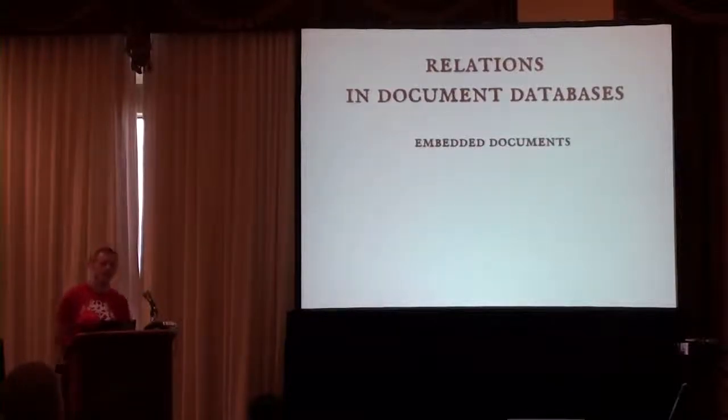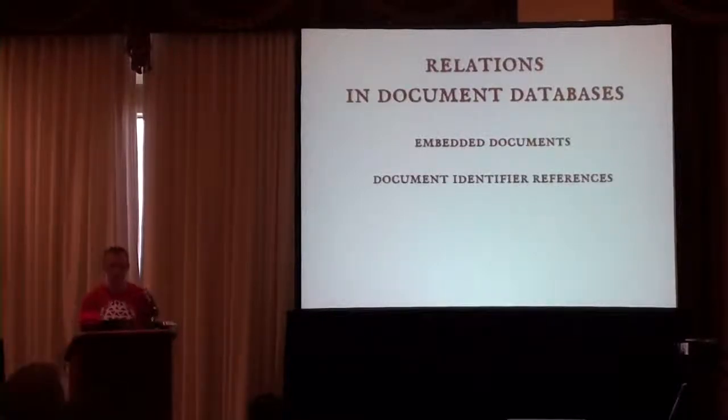So in document databases, it's quite different. We can use either embedded documents. The canonical example is if you have a post and you have comments, they are so tightly related to the post. You very seldom want the comments without the post, so you can embed the comments in the post and then get the post with the comments as a single object from the database. And otherwise, you use document identifier references. You basically say, well, the author of this post is in the people collection under ID 74.